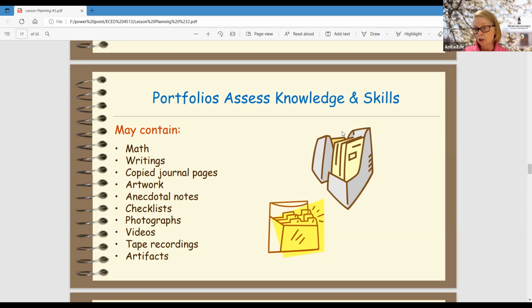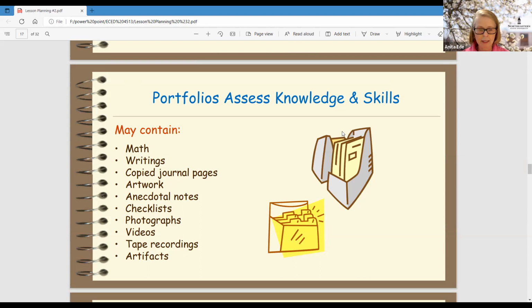I might copy a journal page and stick it in there if it was particularly great. If they'll let you, put some artwork in. I also had a blank piece of paper in each of my portfolios. And then I could just put sticky notes in there with things I had noticed or questions I had for the parents when they would come for conference,